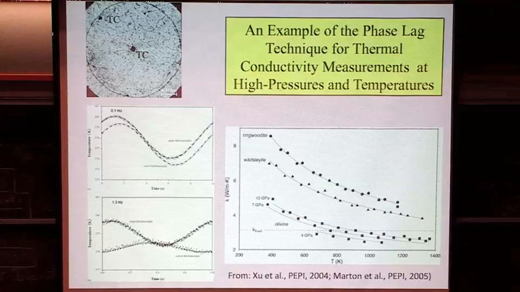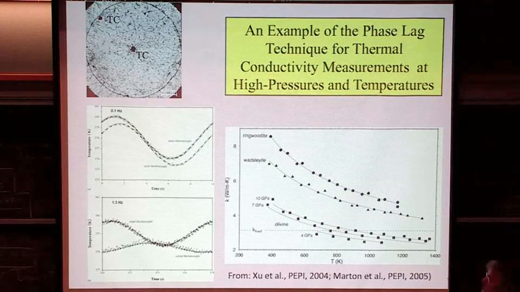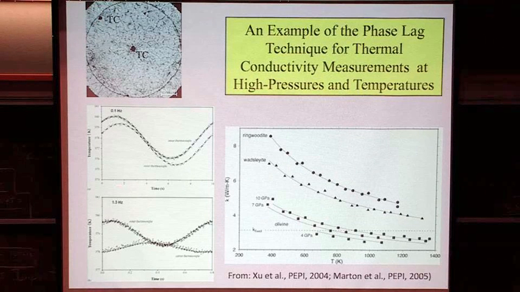This is a cross-section through a sample. It's got a thermocouple right here, a thermocouple at the center, and a heater on the outside, and the voltage or current to the heater is modulated in a sine function at a designated frequency. So a relatively low frequency here, a relatively high frequency here. You have an inner thermocouple and an outer thermocouple, and there's a phase lag between the two of them. From that phase lag, which is highly frequency dependent, you can invert very accurately for the thermal conductivity of the sample.